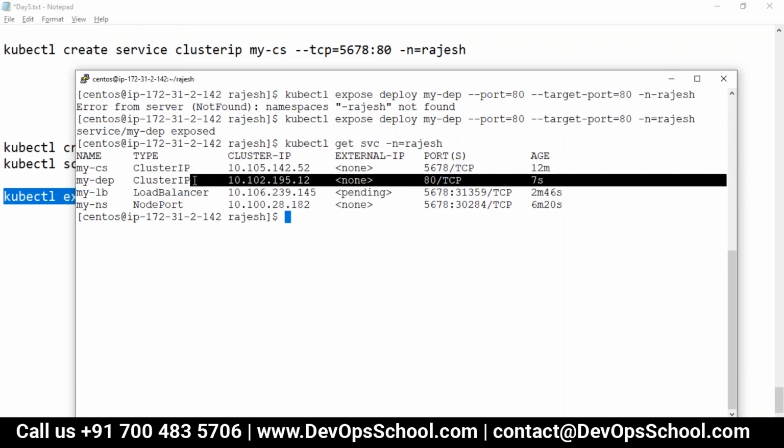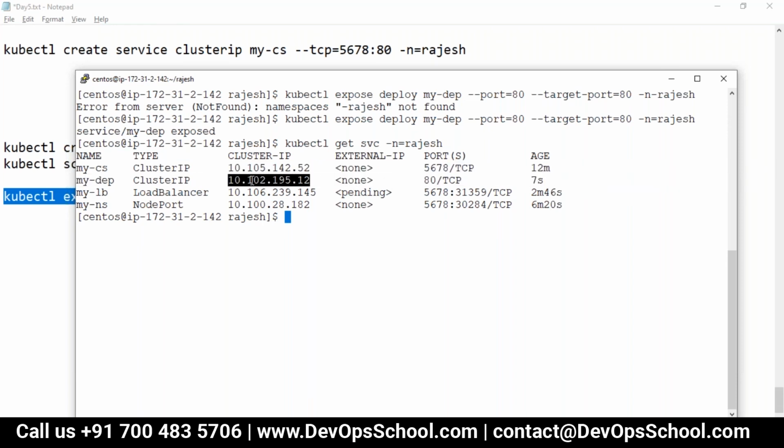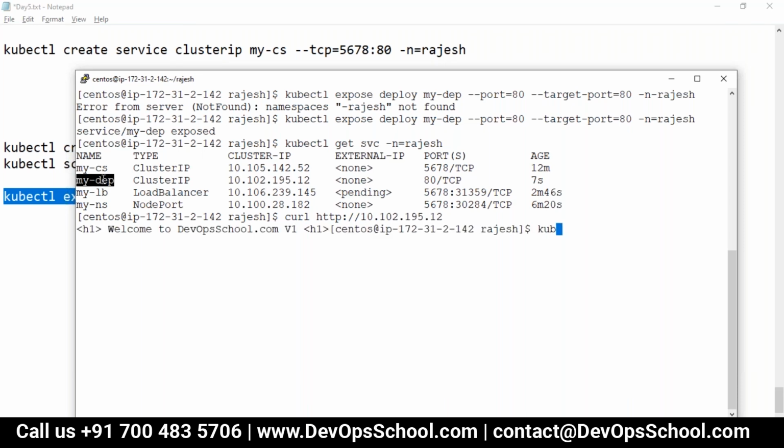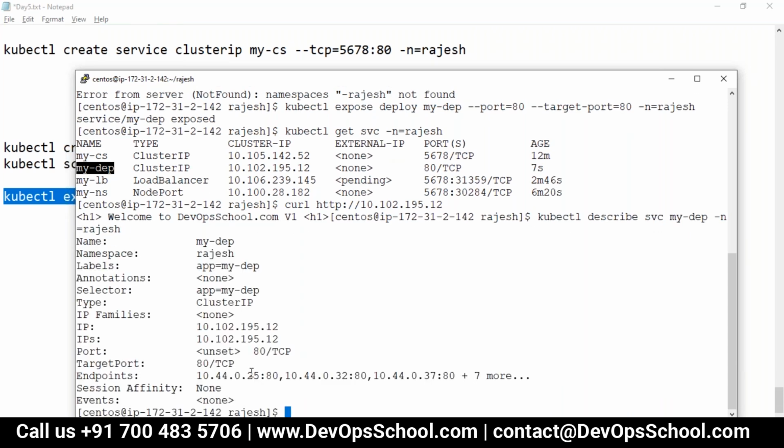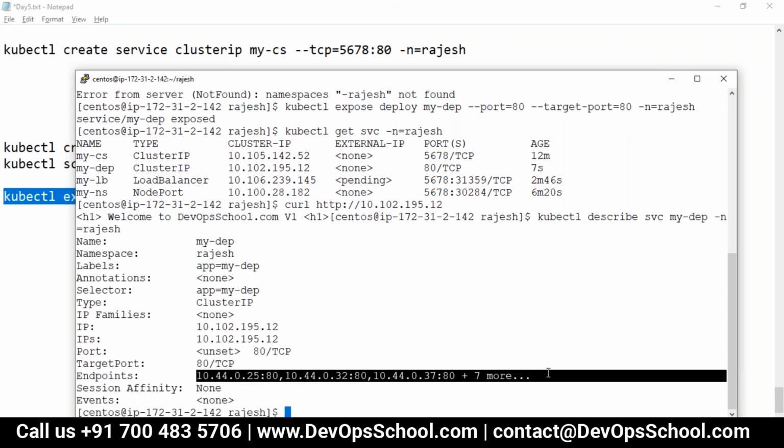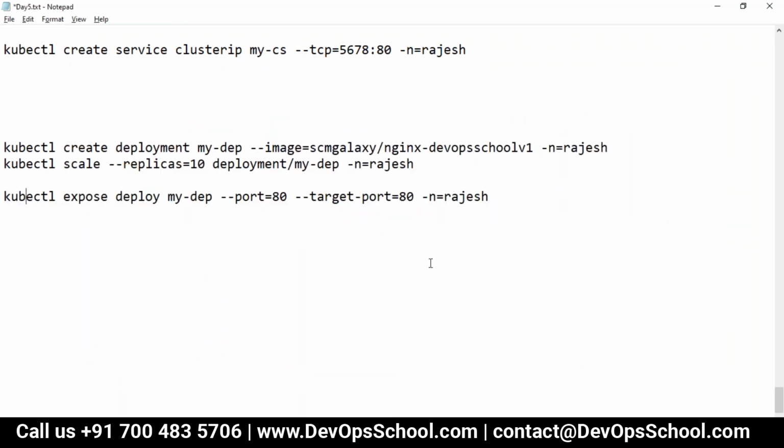So if you hit curl, yeah. Now if you describe this service, see. So these two magical commands will help you do the rest of the things.